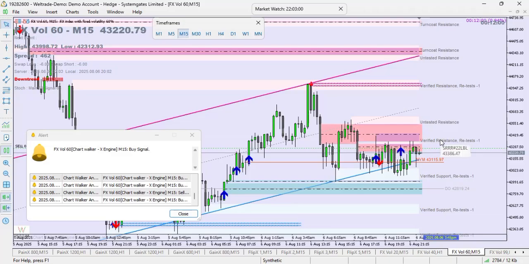This is verified resistance. It's not a turncoat. So they were all resistance waiting. It cleared all the support down to this particular lower channel line. And this means that you're supposed to come out at this point. But now you can see another